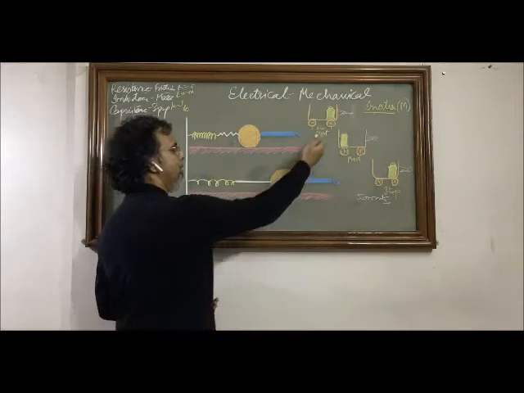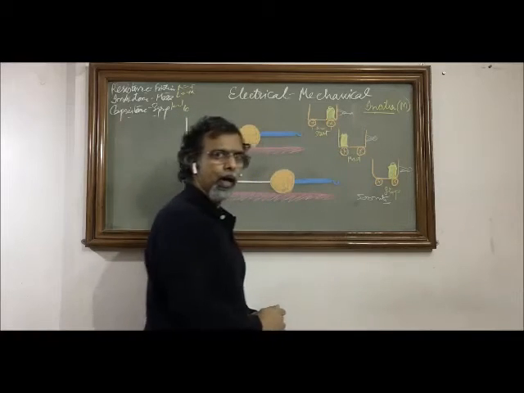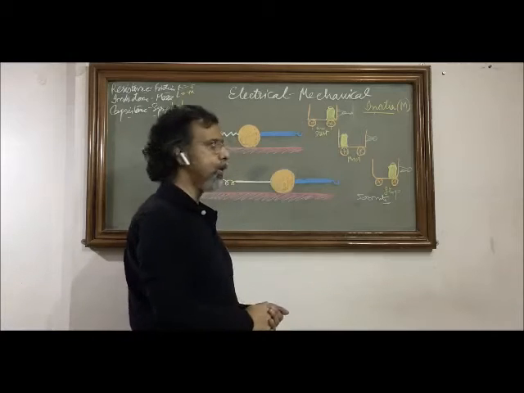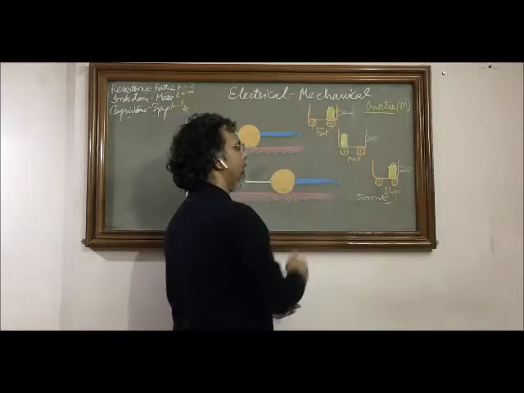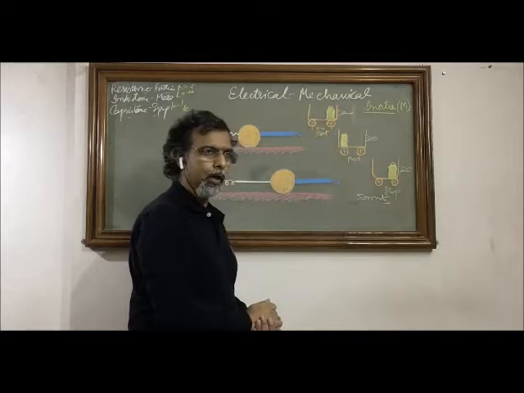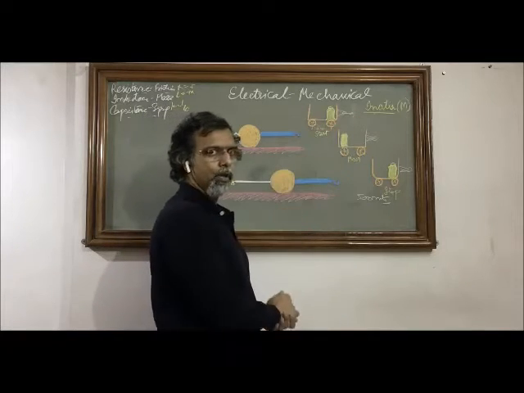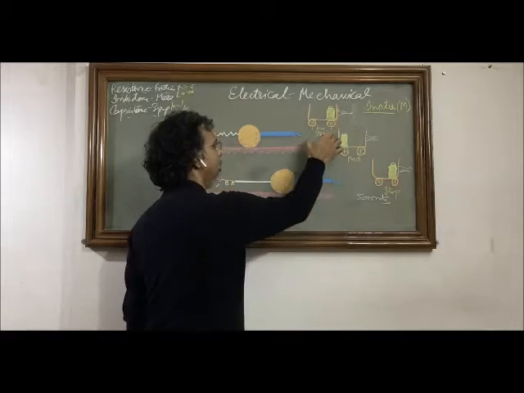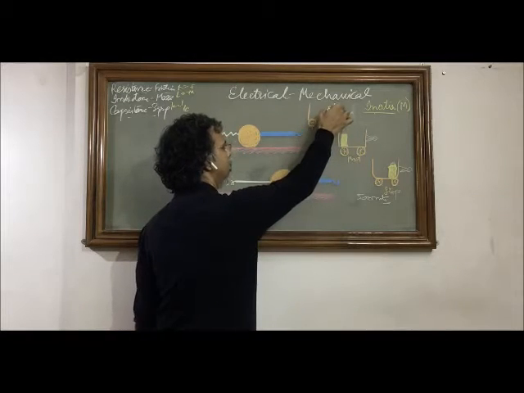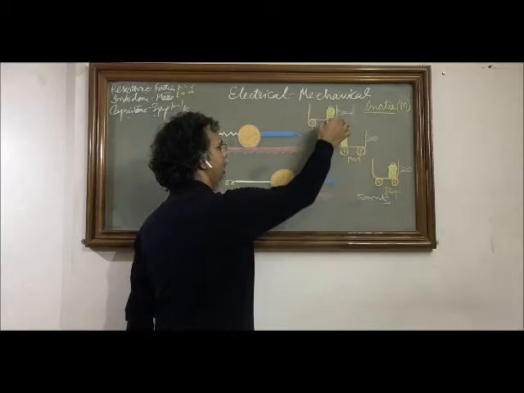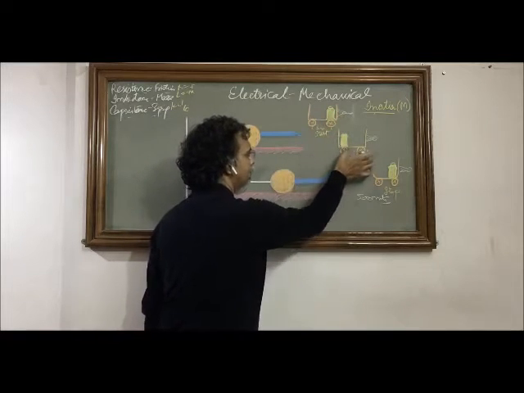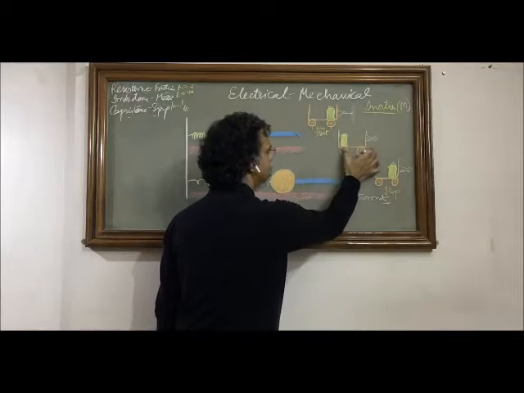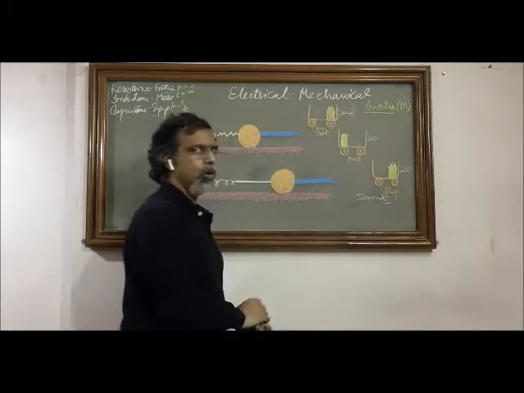When initially this cart was pulled by some mechanical force, the tendency of this milk container was to stay at its own point, but the cart started moving in the direction of the force. For the initial time, there is a tendency of this milk container to stay at its place while the cart starts moving. So for the initial 2 meters, the cart has moved, but this container has not moved.